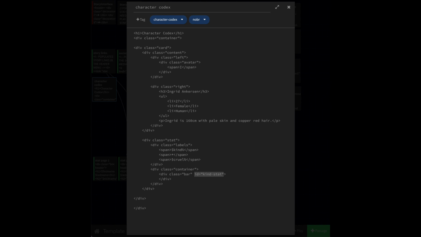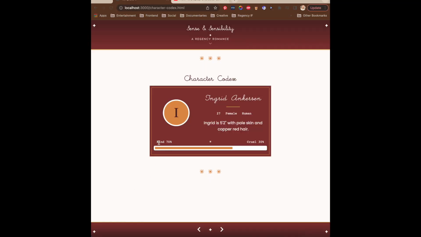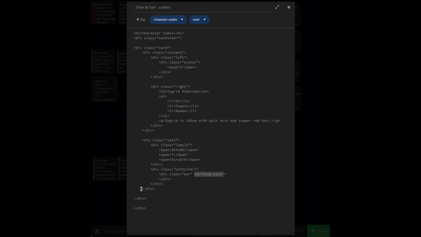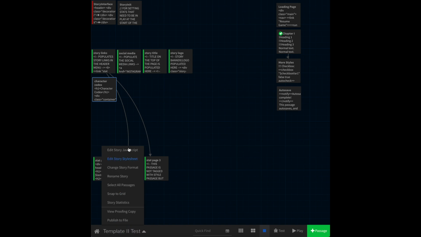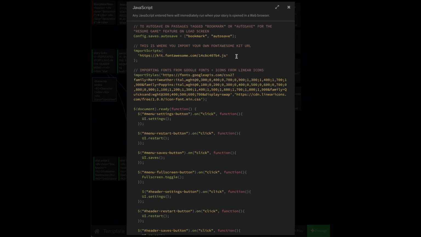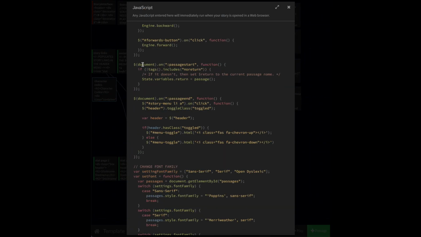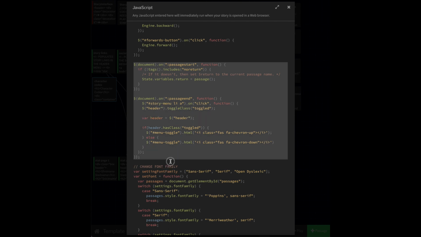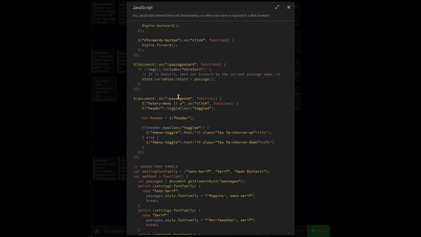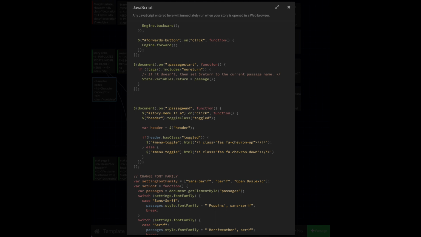Because this stat bar reflects the kind variable, I'm going to call it kind stat. Now, in order to make this functional, we have to do a little bit of JavaScript. So we're going to go to Story JavaScript. Inside of your JavaScript, you're going to want to scroll down to these 2 particular functions, and in between that, we're going to create a new jQuery